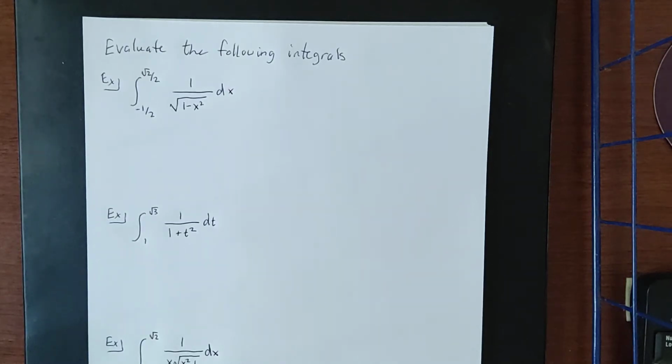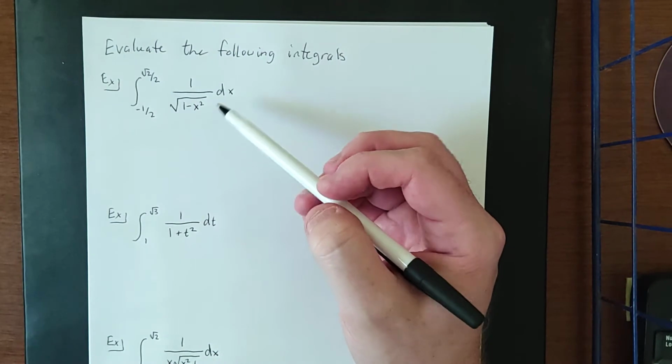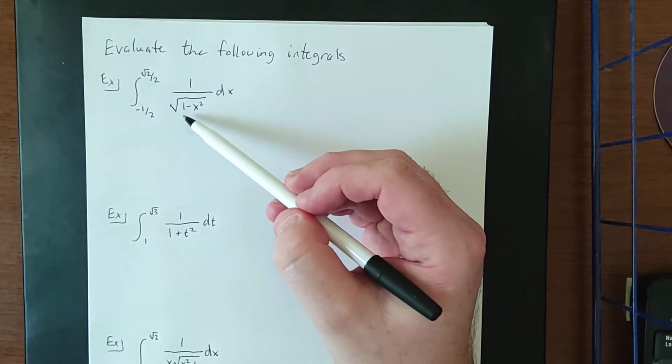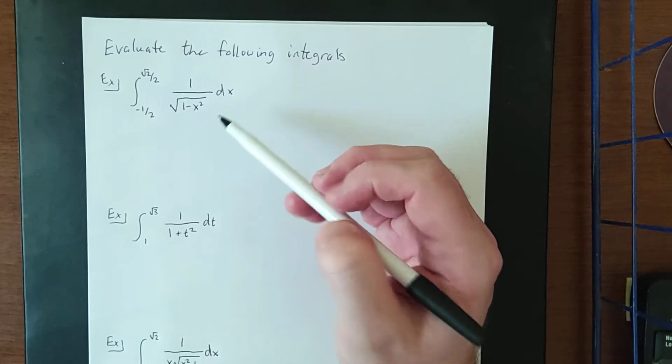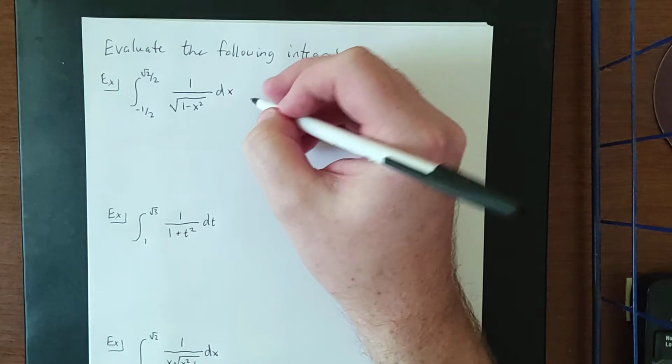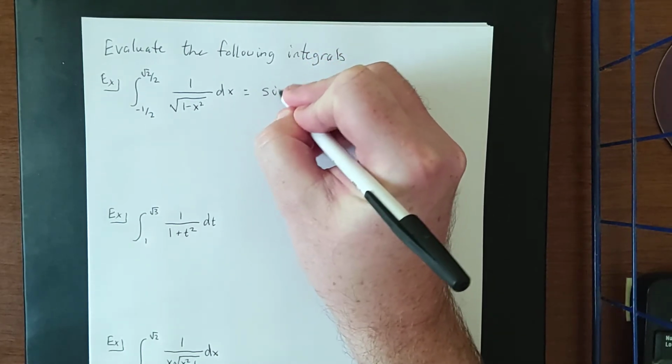So now let's try out some examples involving those inverse trigonometric functions, or integrals that result in inverse trigonometric functions. In our first example here, we have the definite integral from -1/2 to positive root 2 over 2 of 1 over the square root of 1 minus x squared dx. You'll notice that this integrand is exactly in the form that is tied to the inverse sine,